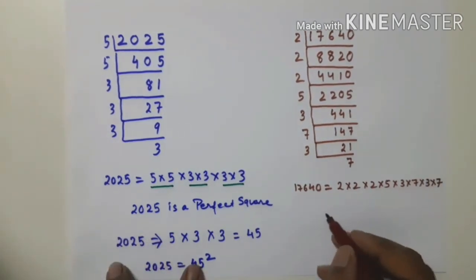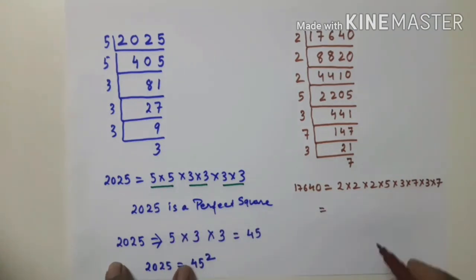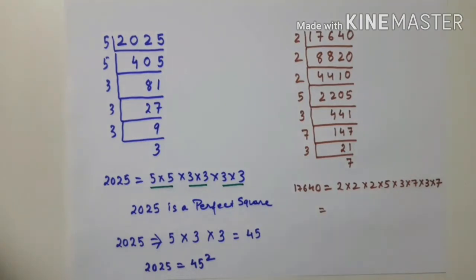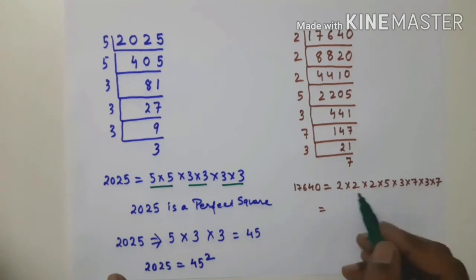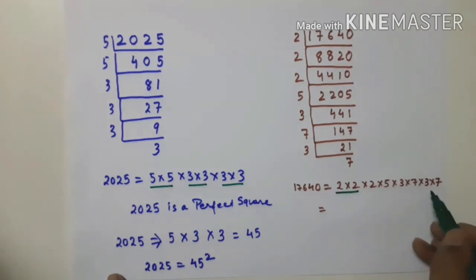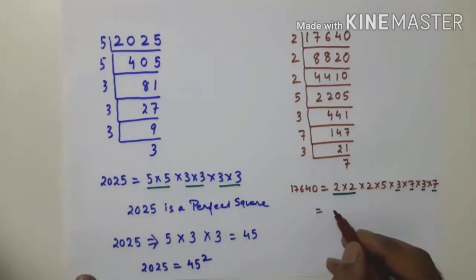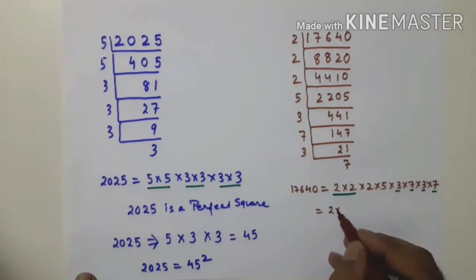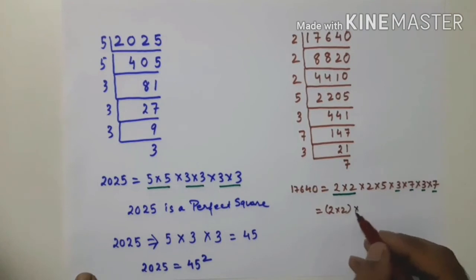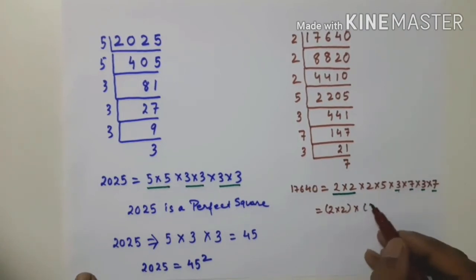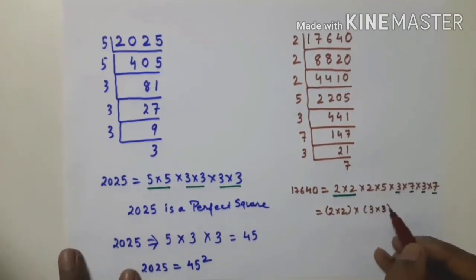After prime factorization, we have to group them in pairs now. So for that one, we can see here, first, here we have 2 2 2. So this is one group now. Here we have 7 and 7. We have 3 into 3. So like this we can group it first. So it can be written as 2 into 2, that is one group. Then 3 into 3, it's another group.